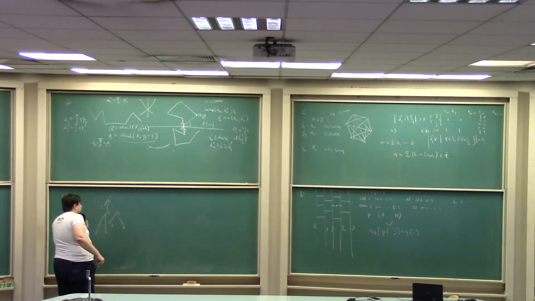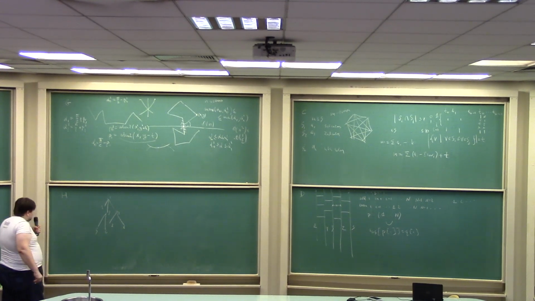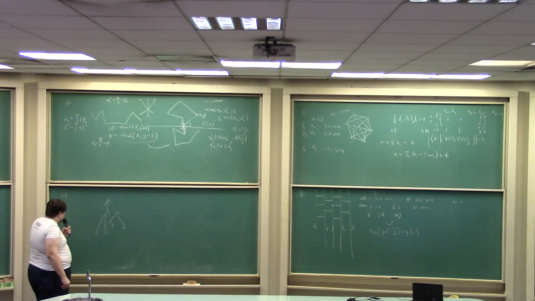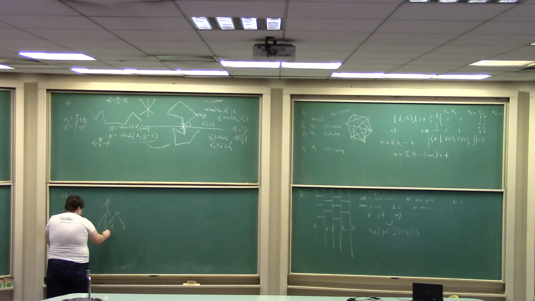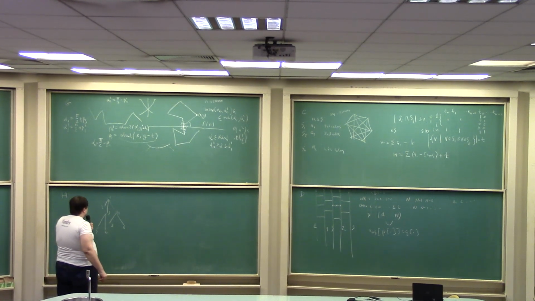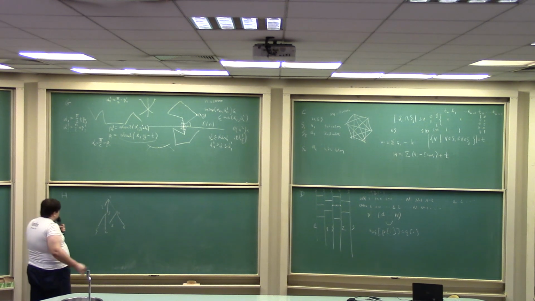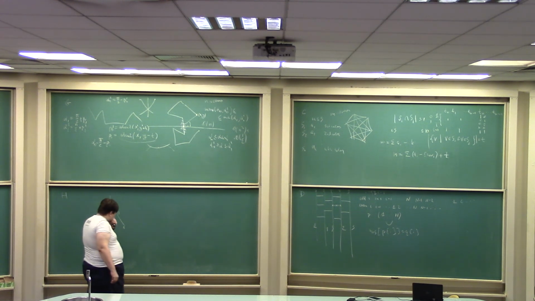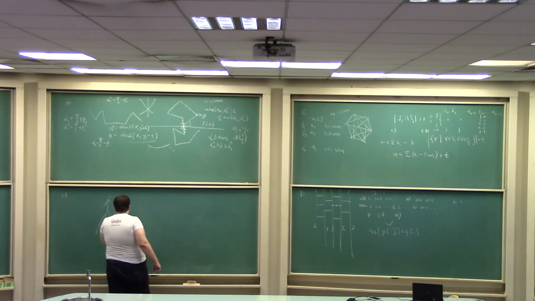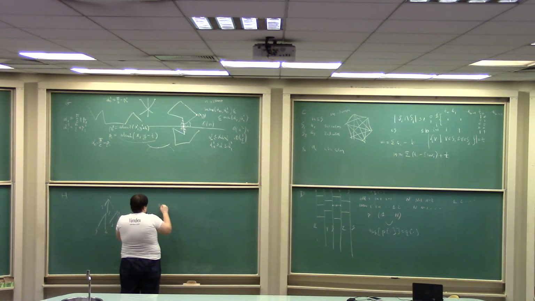And the property of this tree is that it's a rooted tree where the index of which parent is less than the index of the vertex. So we want to, for each k, we want to find